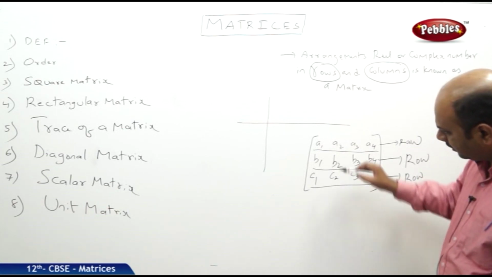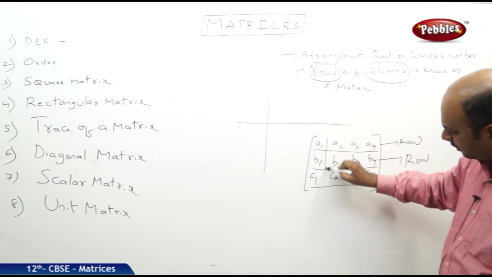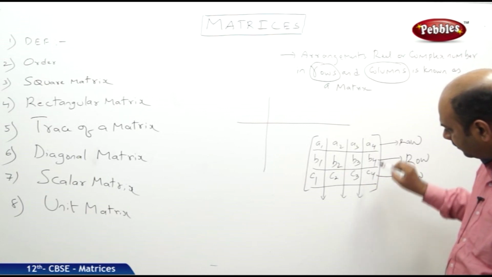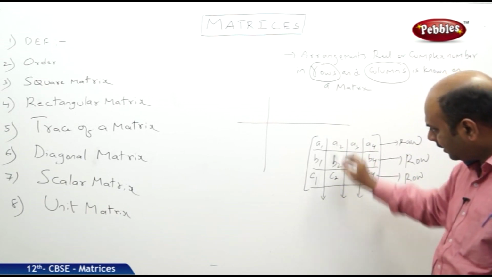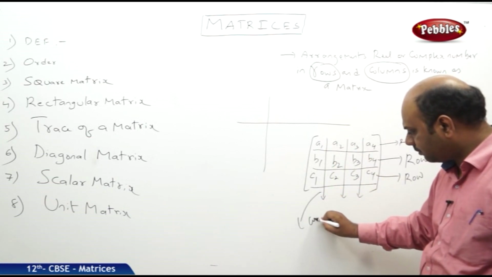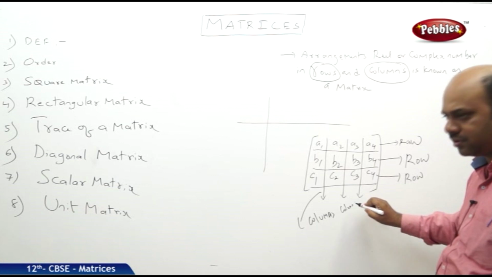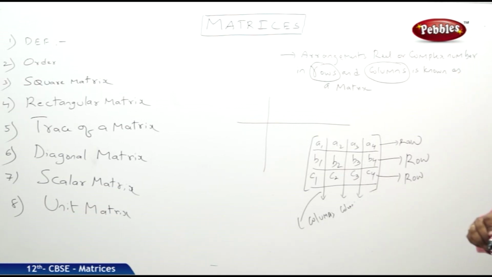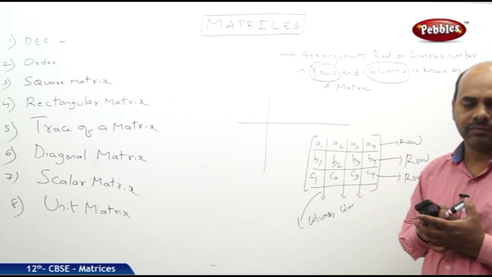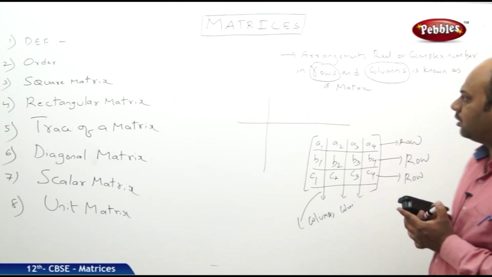Now if you observe carefully, again we can find some elements arranged in a vertical manner, like this. So elements are arranged in vertical lines, and all these lines we call columns. So the final conclusion: arrangement of real or complex numbers in rows and columns we call a matrix, and horizontal lines are called rows and vertical lines are called columns.